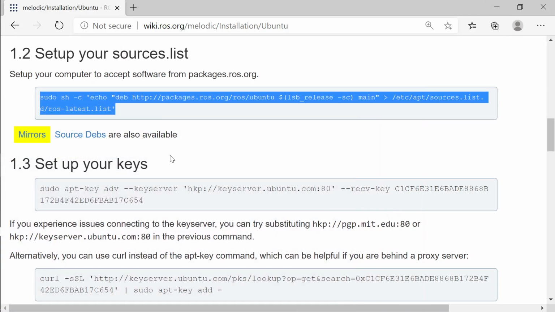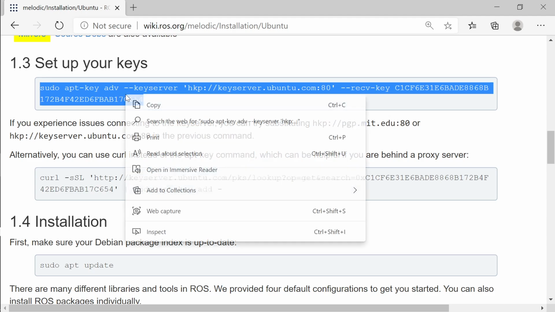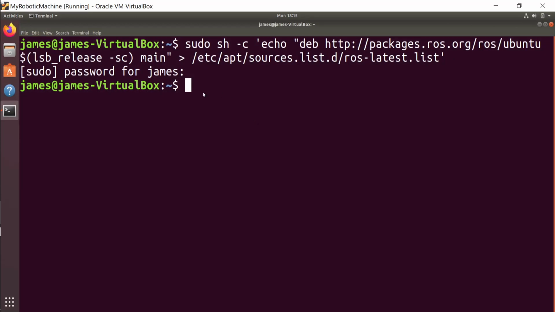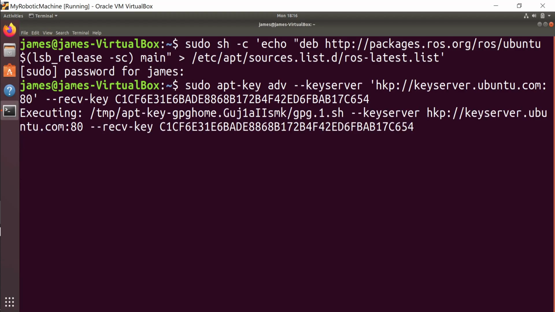and it is done because it is already up to date. Then I move to the second command, step 1.3, set up your keys. I'm not doing anything different from what is mentioned on this website, wiki.ros.org. If it is Melodic, then it will be Melodic; if it is Noetic, it will be Noetic; Foxy, then Foxy; or Kinetic, then Kinetic. Whatever the version is, the installation follows that version for Ubuntu, so you need to follow the correct link. Right click and paste, and execute. Even if you don't understand what is happening, just run these commands one after the other, and slowly you will be in a position to set up everything.